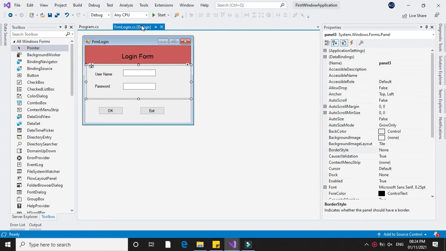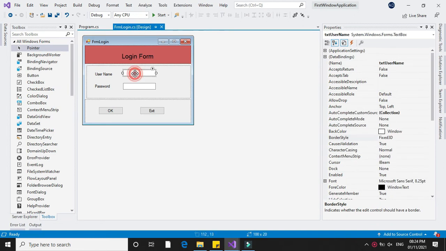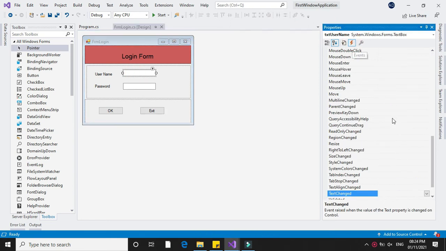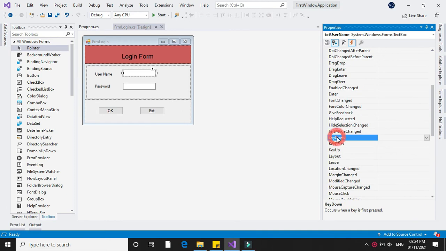So when you enter the data in username text box and you want to set the focus to password by pressing the enter key, create the event for username. Write down the key down event for your txt username.